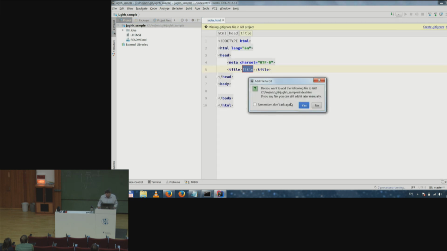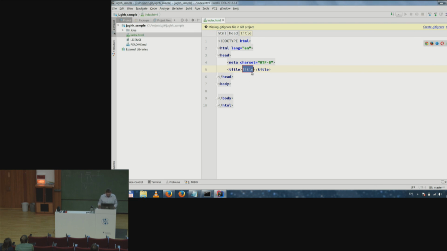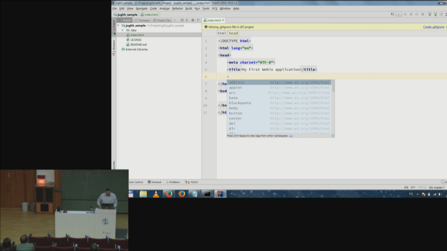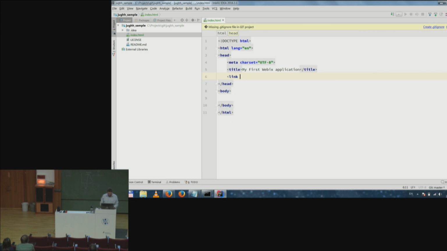So basically it's only WebEx. Link, I think. Yeah, in the README, I